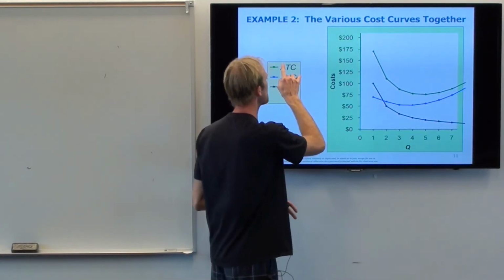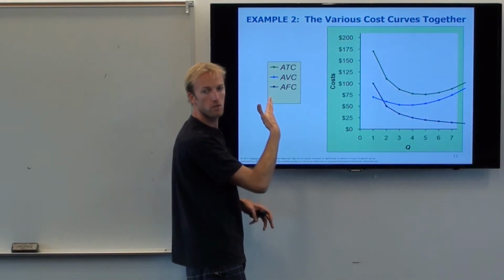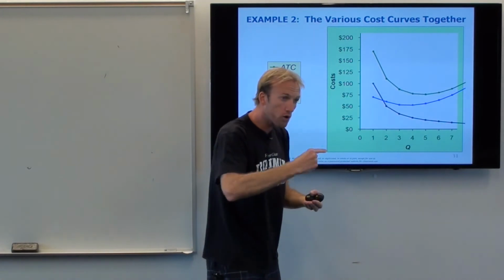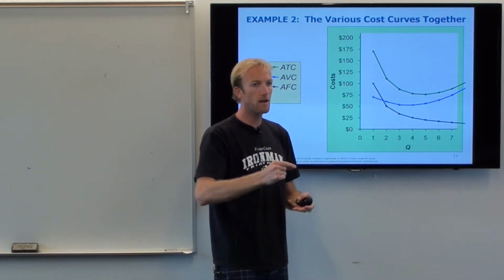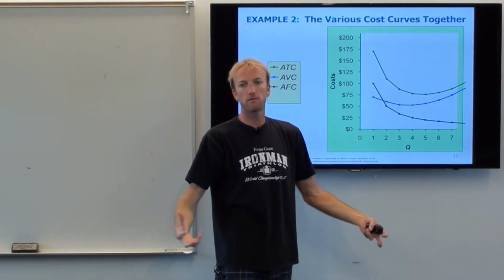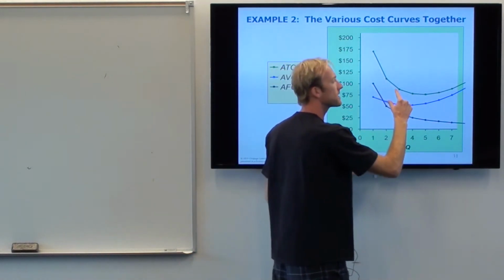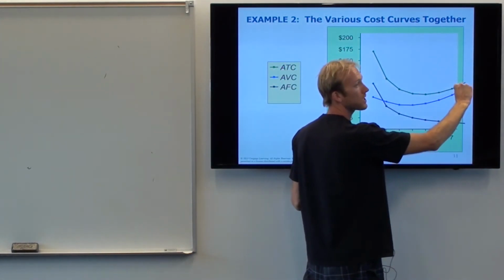When you see the A's here, or the marginal, right? These are like the per unit costs. They're not the total cost for the entire factory. They're the per unit cost. It's getting skinnier and skinnier and skinnier. They get closer and closer together.